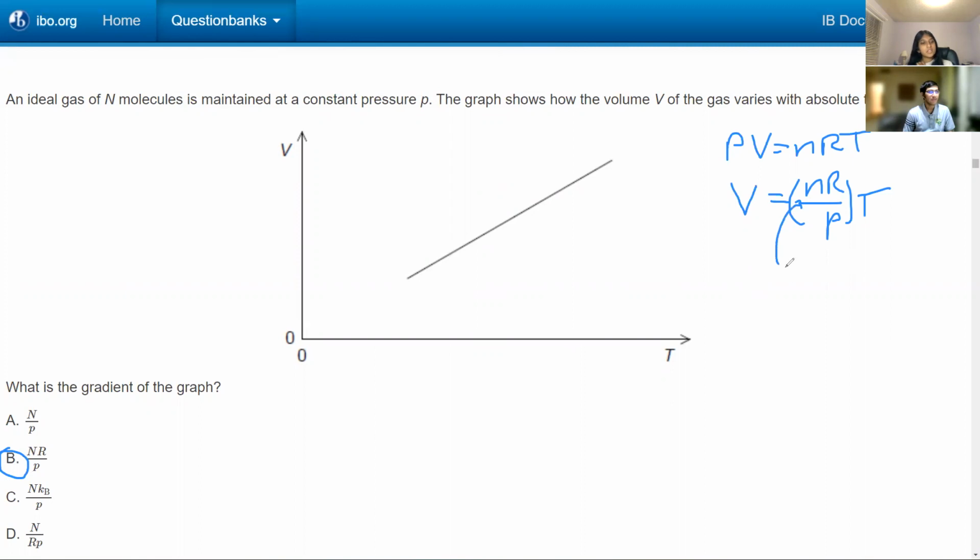Okay, just to clarify, why is it KB though? Does KB mean something? Boltzmann constant. That's what the Boltzmann constant is, right? Because the Boltzmann constant by definition, KB is, in my data book, hold on. It's like 1.38 or something. I don't need to know what it is. It's just R over NA. Oh, okay. So n is essentially N over NA, right? So that'll be N times KB over P. Yeah, okay, so it's actually C. Okay,